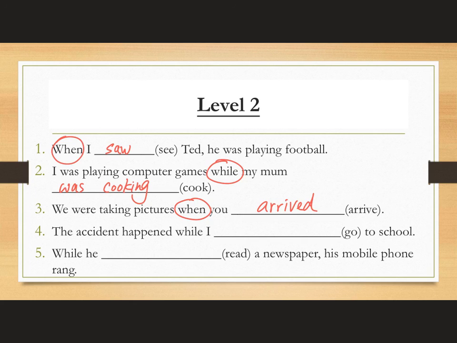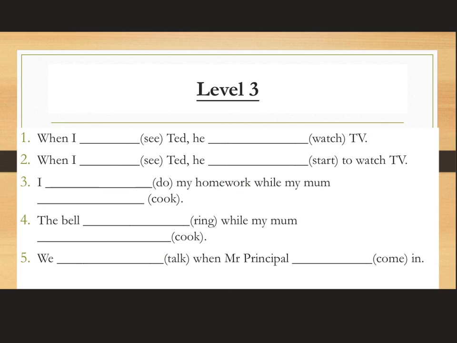Number 4, the accident happened while I was going to school. In the while clause, we use past continuous. Number 5, while he was reading a newspaper, his mobile phone rang. In the while clause, we use past continuous tense. Very easy, huh? Okay, if you got it all correct, you can move on to level 3. Level 3. To succeed in level 3, you must understand the sentences, and you have to remember when we use